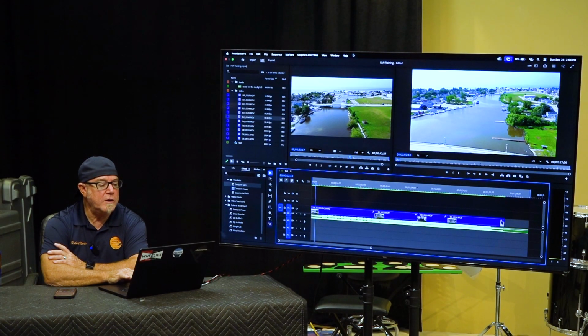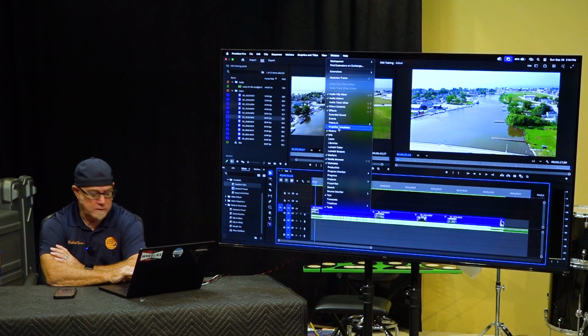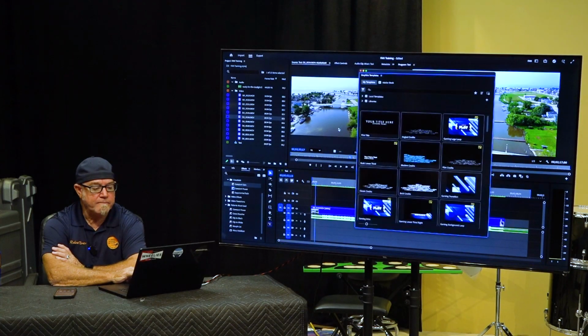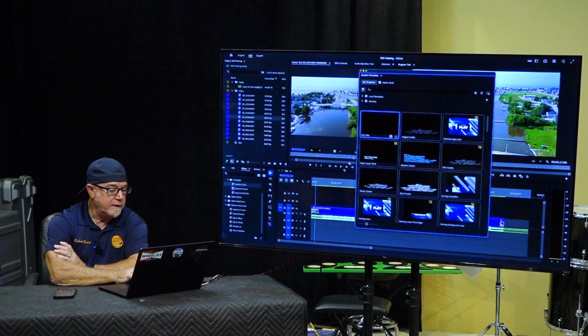Remember I told you about that? I used to call it Essential Graphics. Now it's called Graphics Templates. Okay, this is built into Adobe. It has all these different graphics templates. You can buy them off Adobe Stock. You can take local ones that are added with the installation, or you can search Adobe Stock for some free ones as well. Okay, I'm just going to take this very first one that says your title, and I'm going